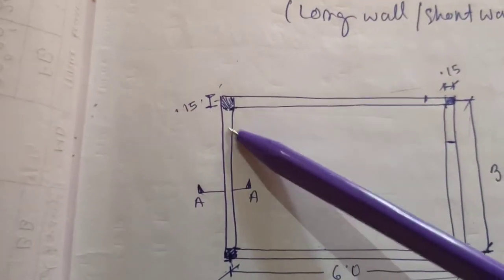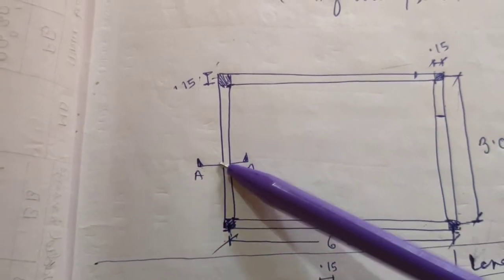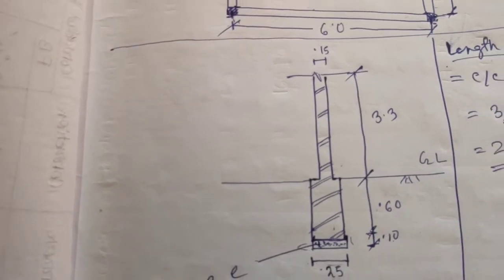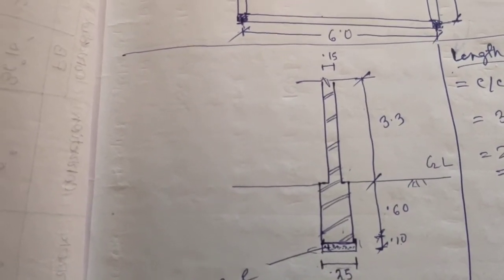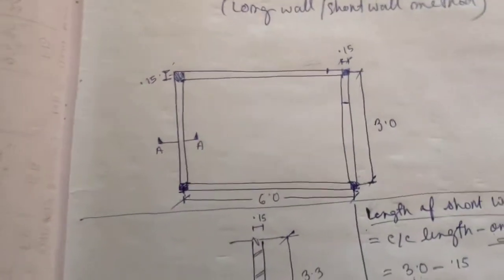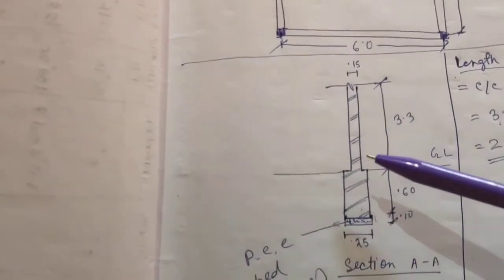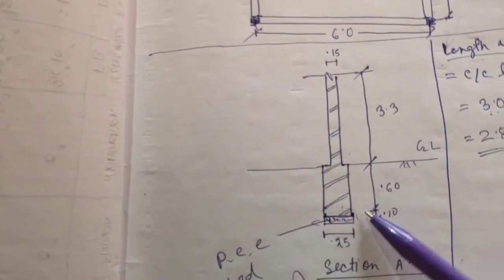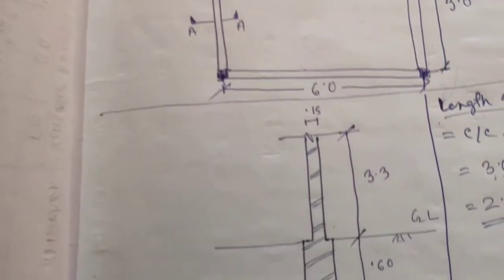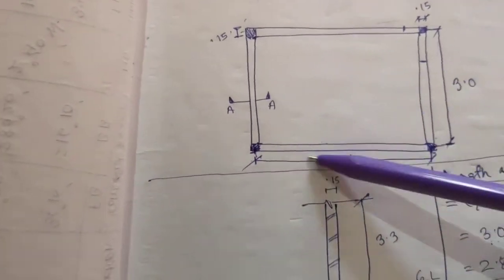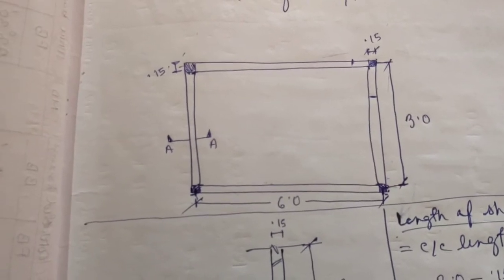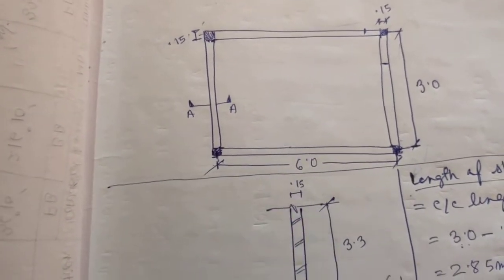Here in the plan also it is given 0.15 meter, 0.15 meter. That is the breadth or thickness of the superstructure wall, and the height of the superstructure wall is given as 3.3 meter. Okay. So what we will have to do is that for every item that we calculate, suppose it is brickwork in superstructure, brickwork in substructure, earthwork in excavation, or PCC work in foundation, we need to find out the length of the long wall and short wall separately. That is what this method is all about.